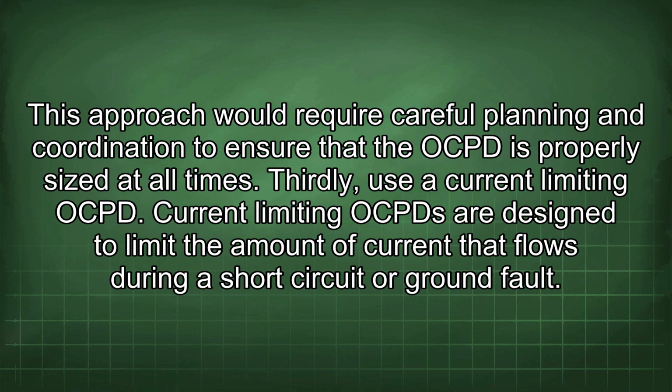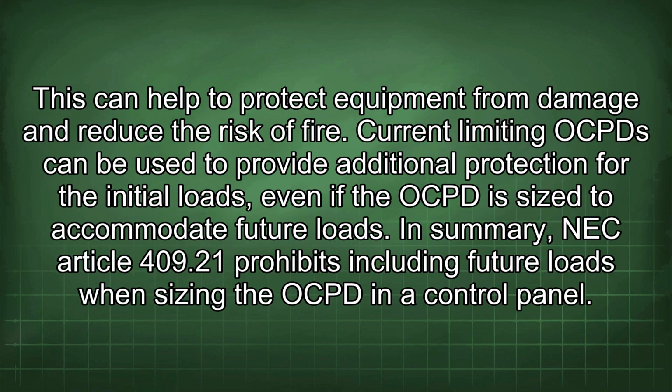Thirdly, use a current limiting OCP. Current limiting OCPs are designed to limit the amount of current that flows during a short circuit or ground fault. This can help to protect equipment from damage and reduce the risk of fire. Current limiting OCPs can be used to provide additional protection for the initial loads, even if the OCP is sized to accommodate future loads. In summary, NEC Article 409.21 prohibits including future loads when sizing the OCP in a control